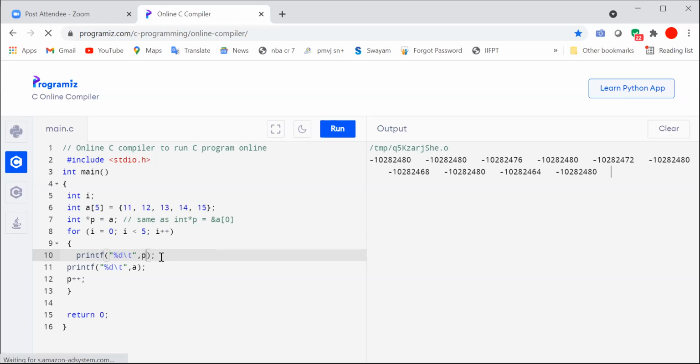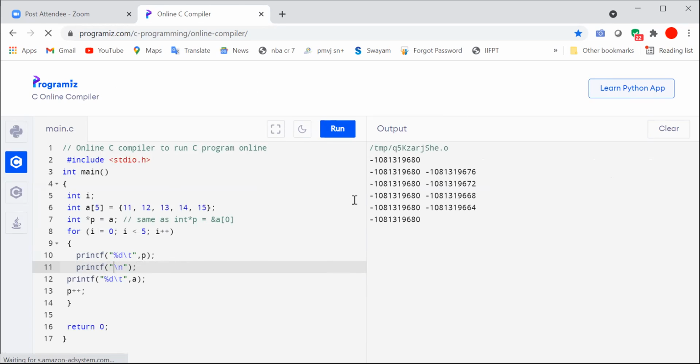So instead of this, here we'll have one more printf statement so that it will be displayed separately. Got the idea? To differentiate: what is the array, what is the content of the array, what is the address of the array. If you say pointer, what will it display? If you say content of pointer, star P, what will it display? If you say address of P, what will it display? You should remember.